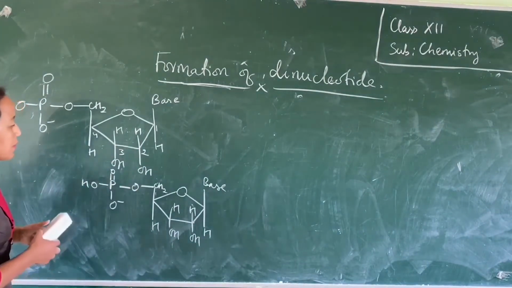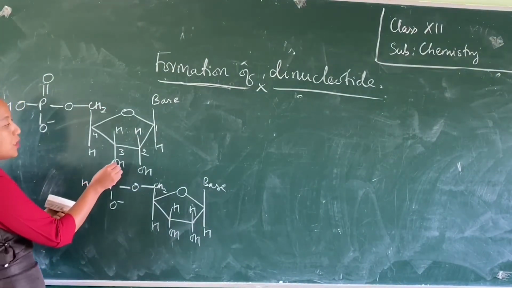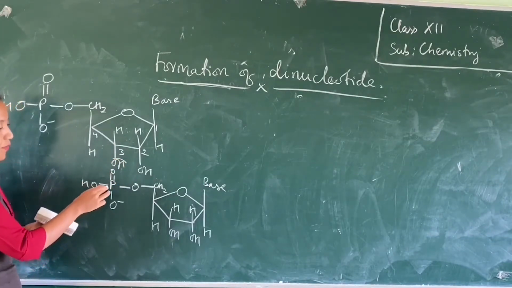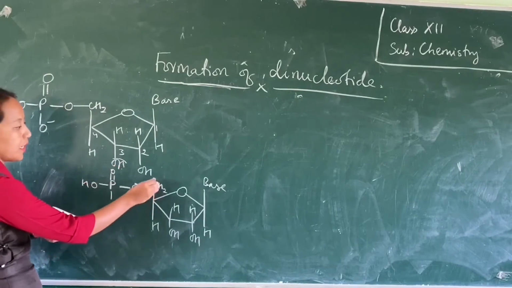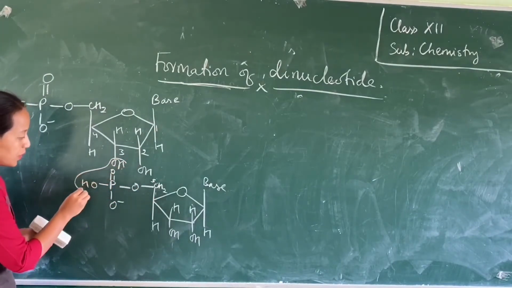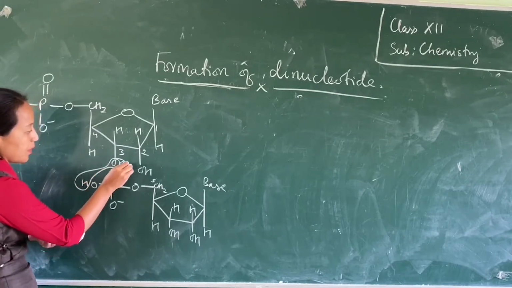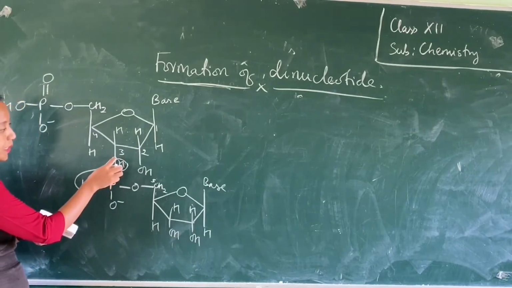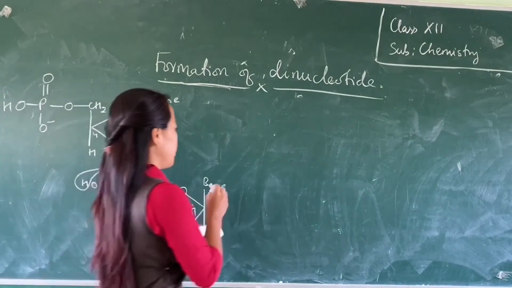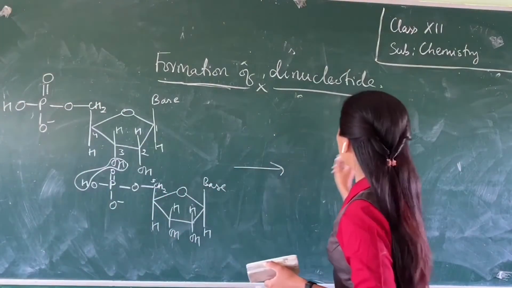Now how does that happen? The OH on the third carbon atom will react with the OH of the phosphate group on the fifth carbon atom. Now these two will react and a water molecule is removed. And now this will be connected to this O. So you will get a structure where you will have